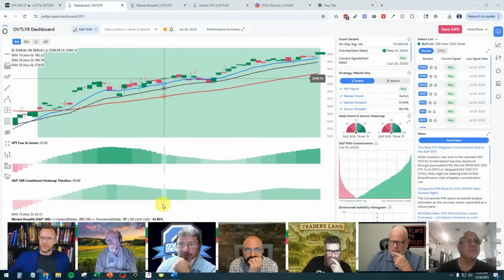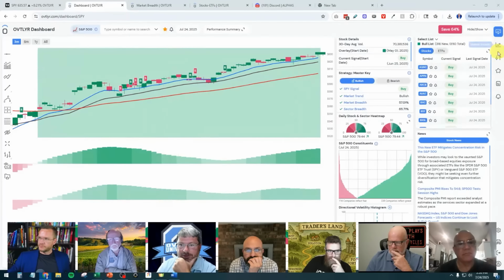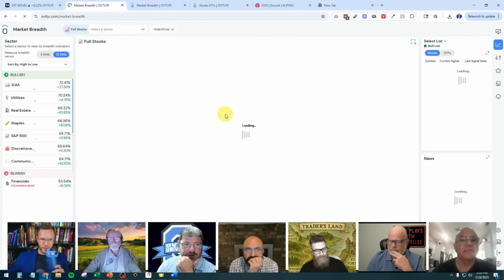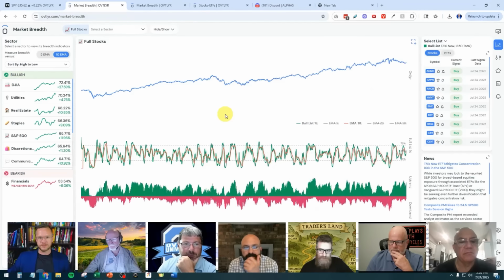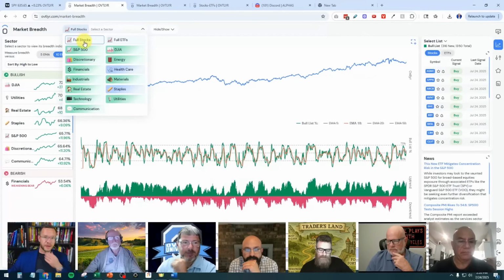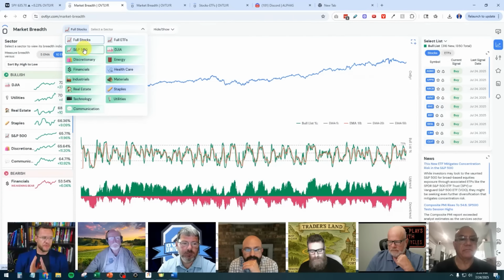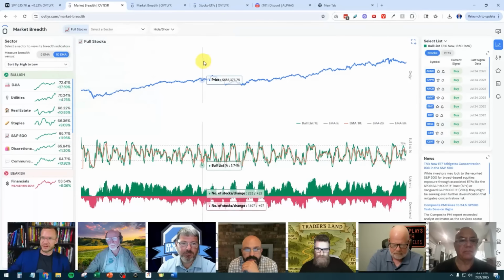So what we do is one button down on the right, you're going to see the graph with the arrow. We want that guy. And we're looking at full stocks because we want as much of the breadth as we can in one view. I agree. And then, you can do it like on the S&P if you choose to, right? But I would tell you guys, whatever you choose, keep it that forever. Don't be bouncing from full stocks to Dow Jones to S&P one week, and then you're like, you know what? I only care about the real estate sector. Figure out what that is and stick with it. It makes your life a lot easier. So we'll stick on full stocks for now.